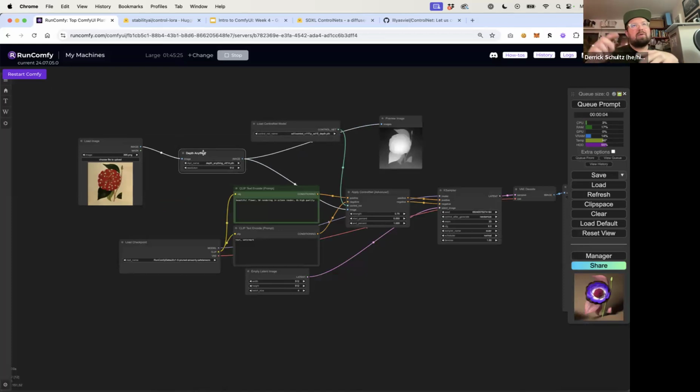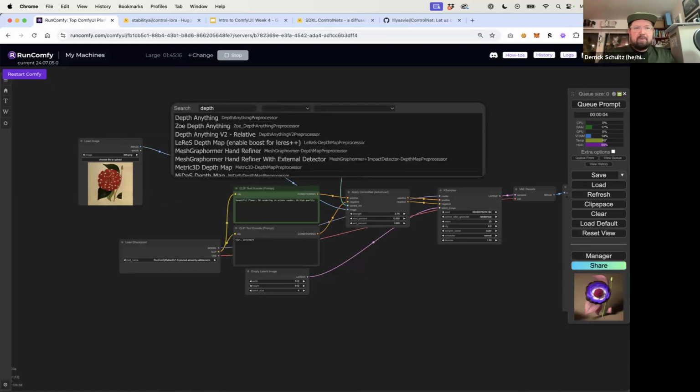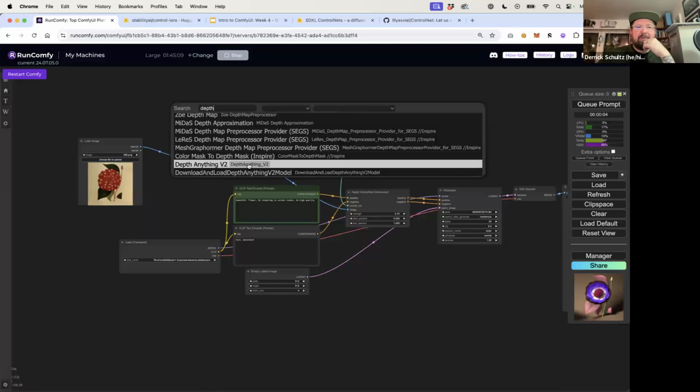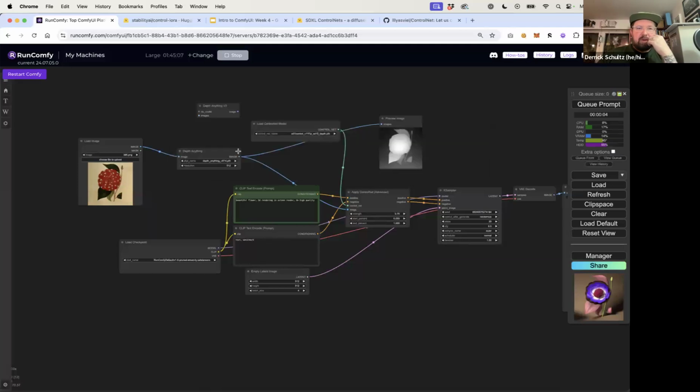So with Run Comfy, you would need to install that yourself. And obviously for those of you locally, you need to install it yourself anyway. To access this one, you type in depth anything. It's not this one. You scroll all the way to the bottom, and there's this thing called Depth Anything V2. When you drag that in,